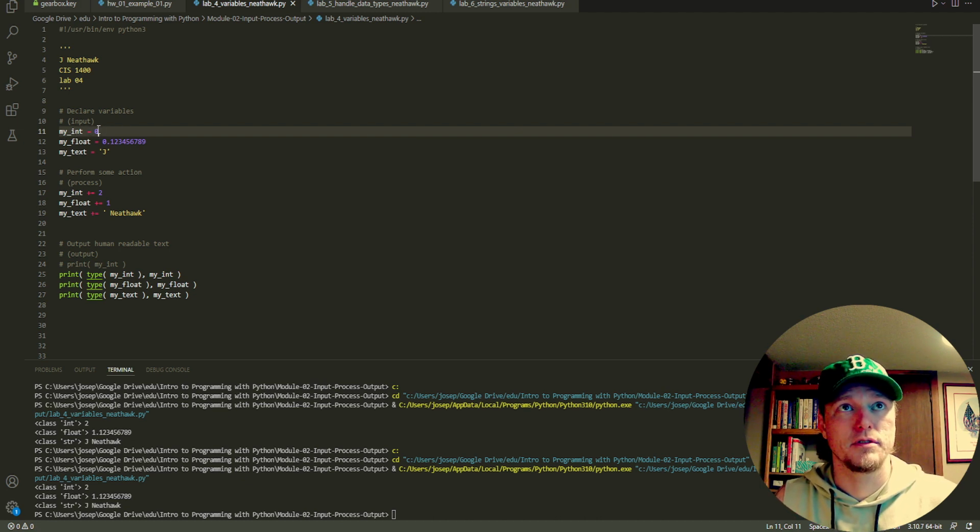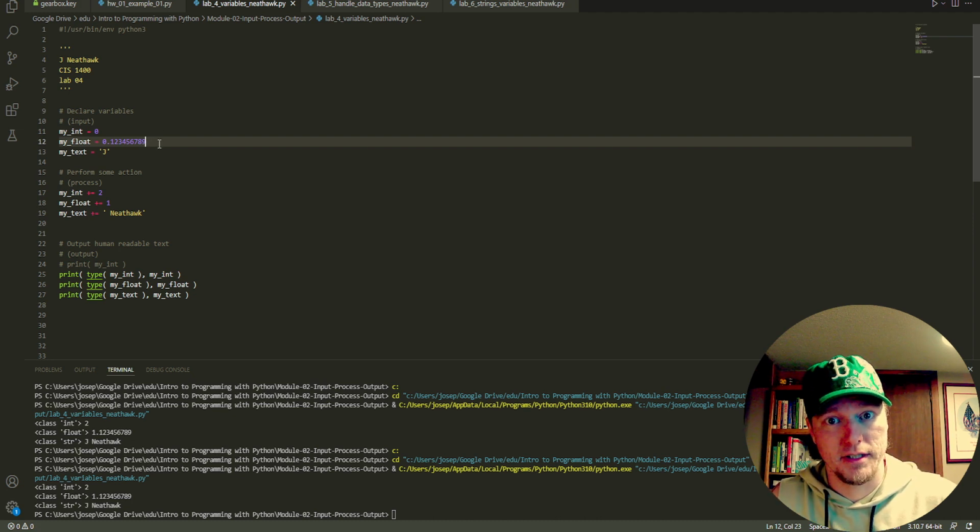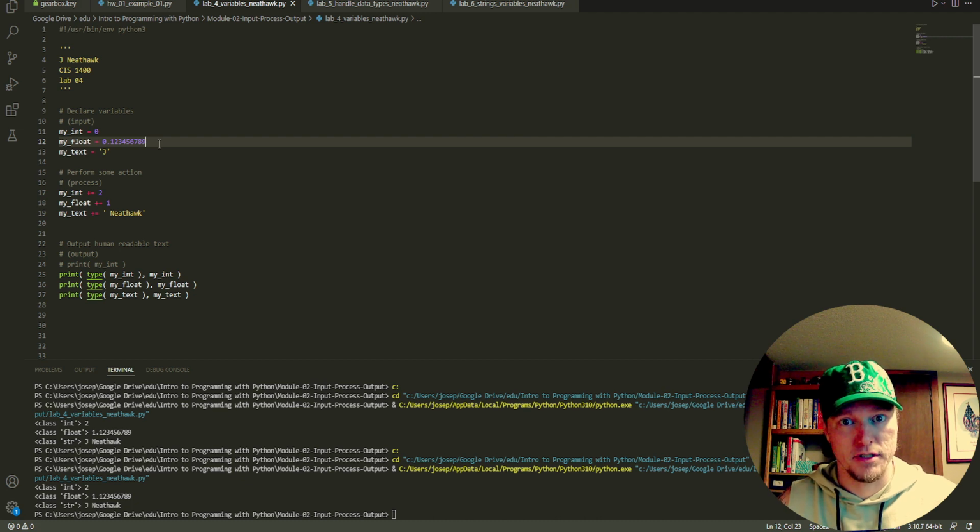My variable is being assigned a value. In this case, it's just an integer. An integer is a number with no decimal point. You need to know that. Next is my float. That is a number that has a decimal point and some number of decimals afterwards. Maybe 0 decimals. Maybe you did some math in it and it worked out and it's a whole number again, aka an integer. It's still a floating point because,